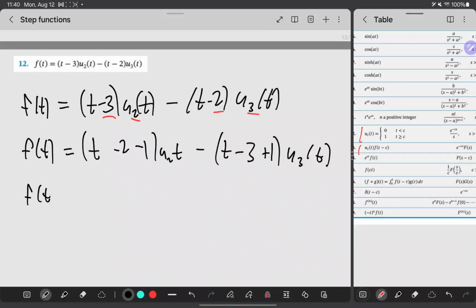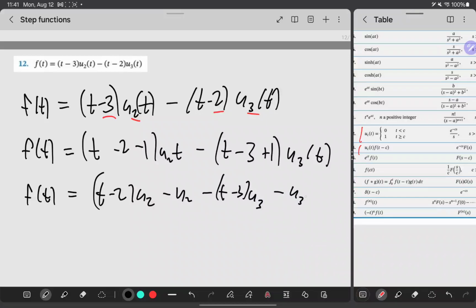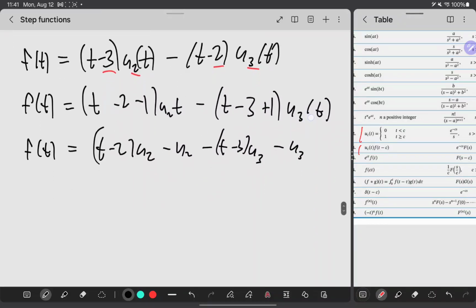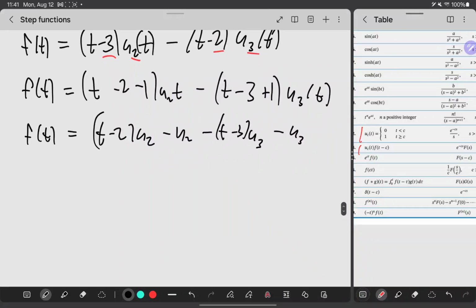So now we can regroup: t minus 2, u of 2, minus u of 2, then we have minus t minus 3, u of 3, minus u of 3. So now we're going to use both of these for this one. So we have t minus 2, so now our c's match,